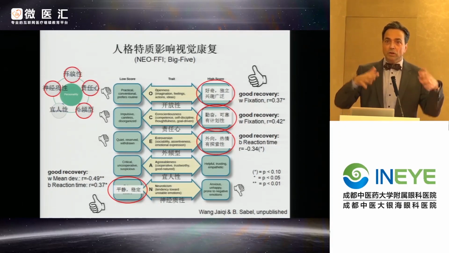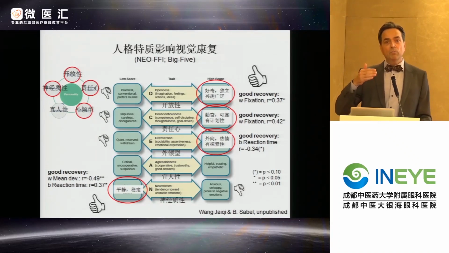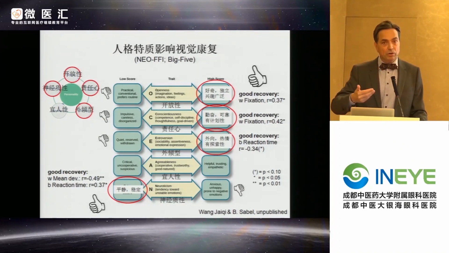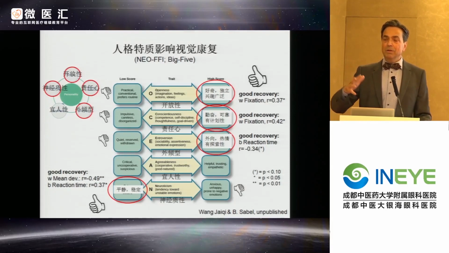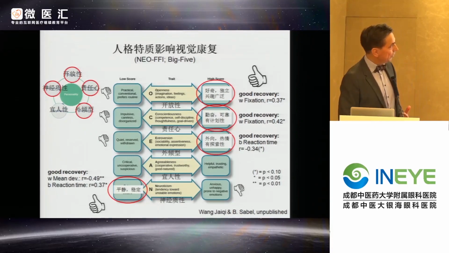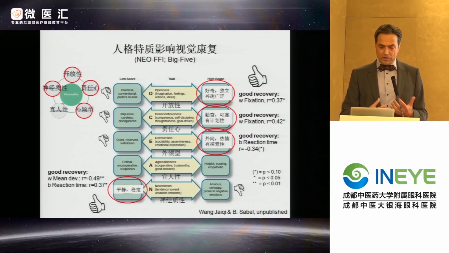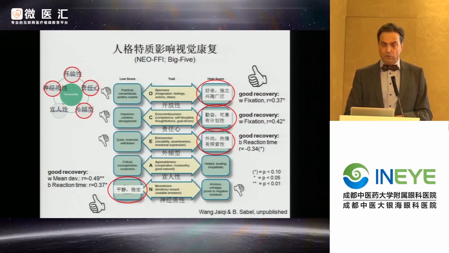And therefore, they have a lot of neurons that are silent and sleeping, but not dead. So those are the patients that can be helped the most because they have most improvement potential, because the mechanism is a lack of neuronal activation and a vascular supply. So we find significant correlations between factors such as openness, such as conscientiousness, extroversion, and also neuroticism.